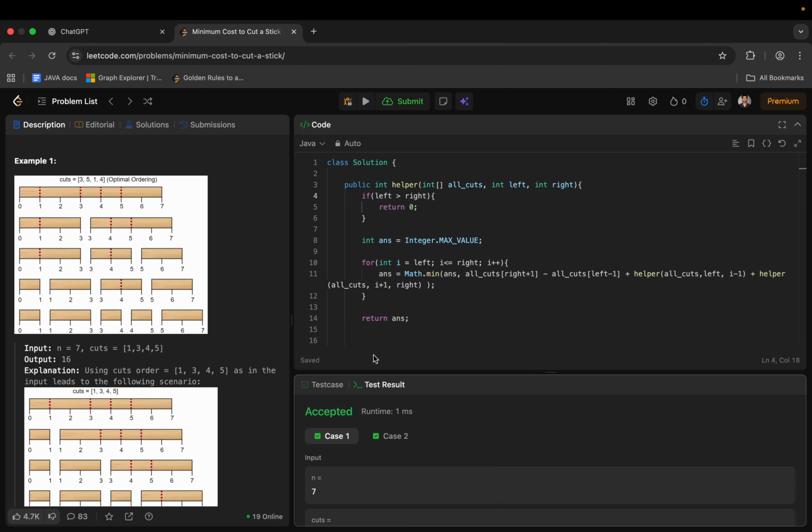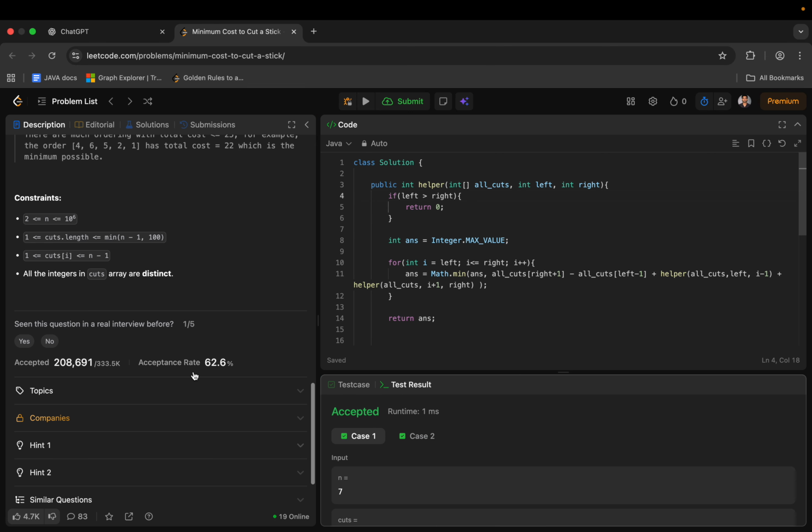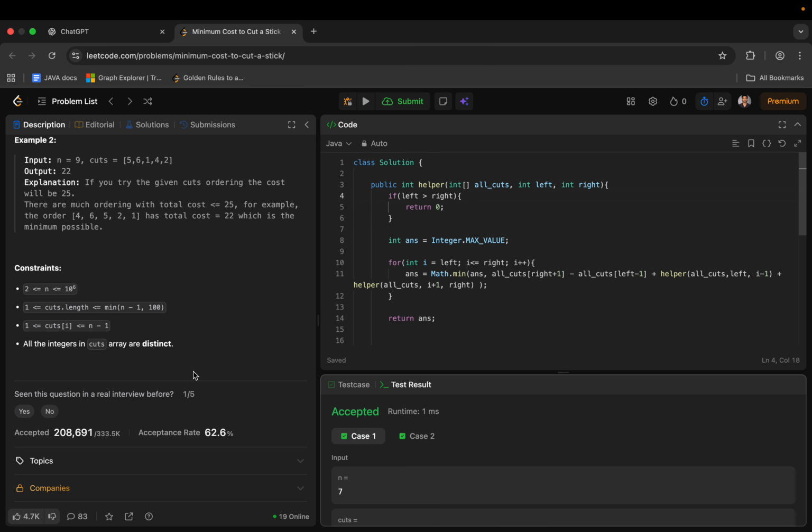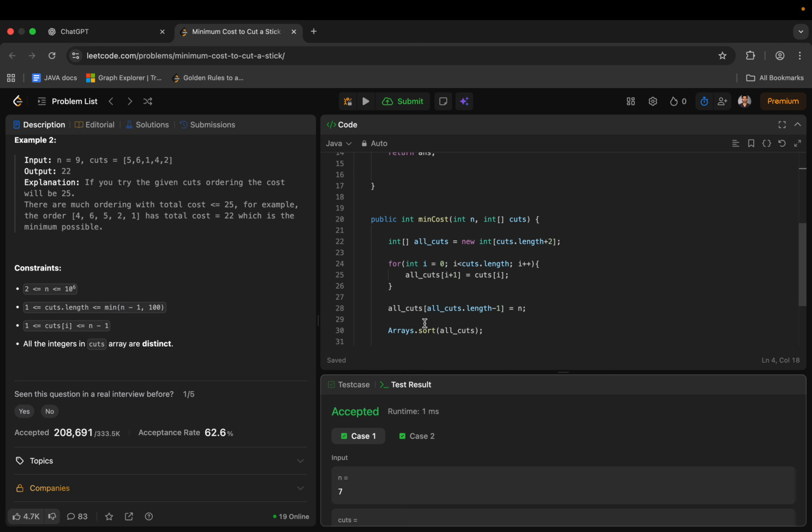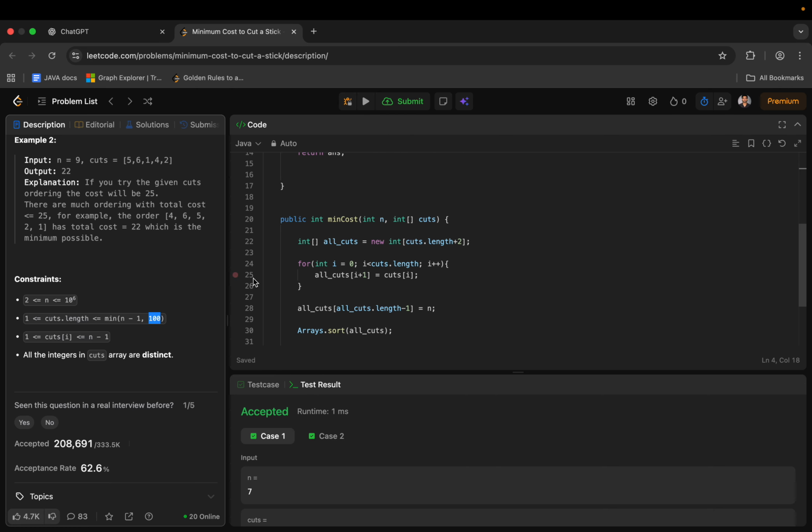Fine. Obviously I won't try to submit it, the reason being, if you see the constraint, n is going till 10 to the power 6. But n doesn't matter, I mean the length of the cuts matters, and the length of cuts would be minimum of n - 1 and 100, so it would go at most till 100. But still let's try to put